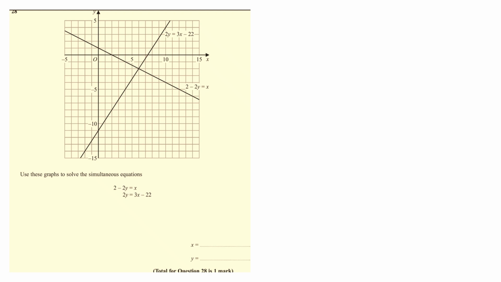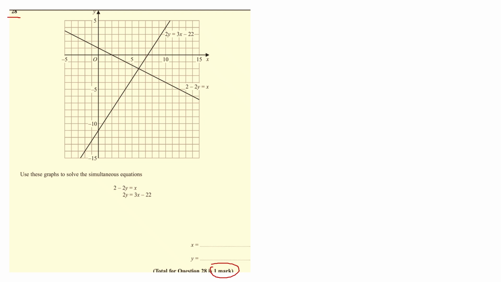Pause video now, guys, girls, and folks, and have a look. Can you get this 1 mark question? Okay, on solving simultaneous equations graphically. It's quite a nice topic. It was question 28, so the last question on the foundation tier paper, or the second to last question. Again, it's quite a nice topic.